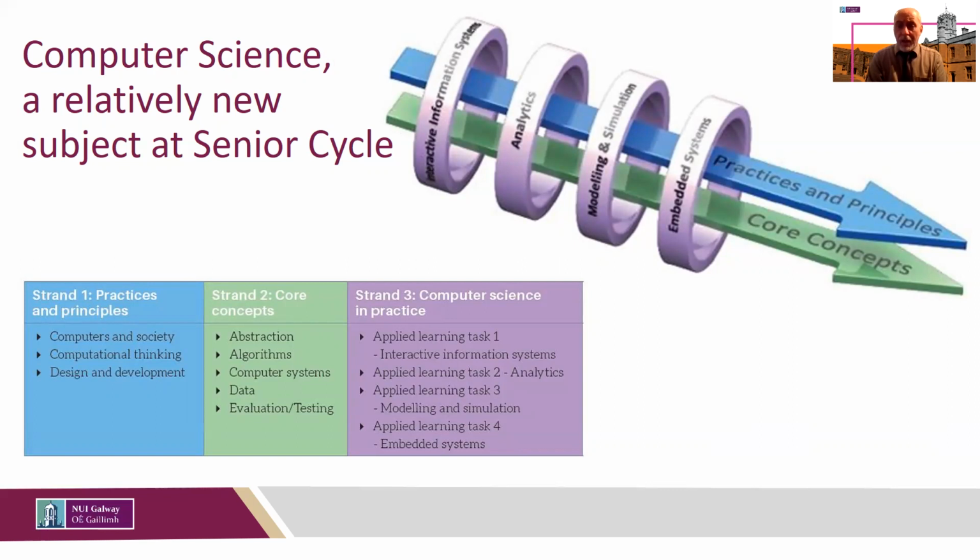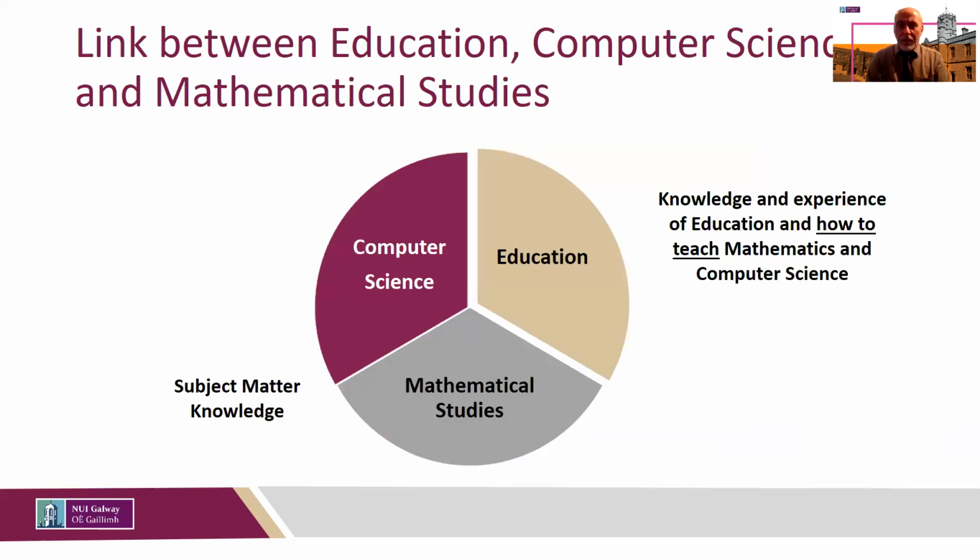Strand 3 relates to computer science in practice. So applied learning, task 1, interactive information systems, analytics, modeling and simulation, and then embedded systems. So this is what you would be preparing to teach were you to choose this particular route. Okay, and on the course,